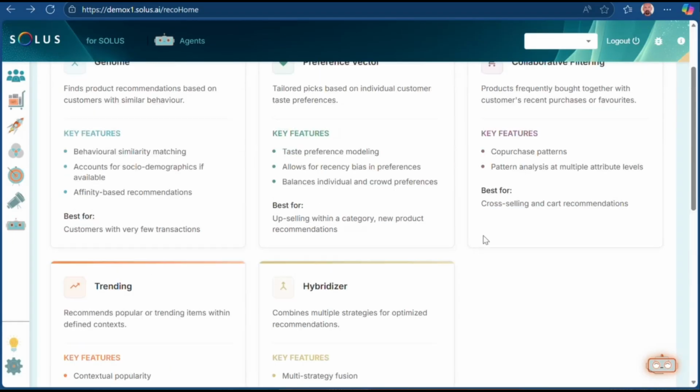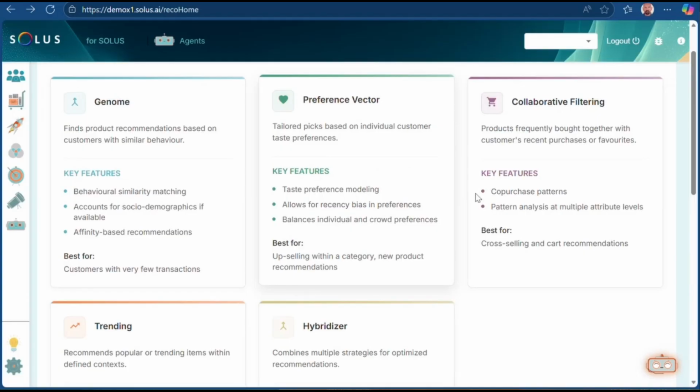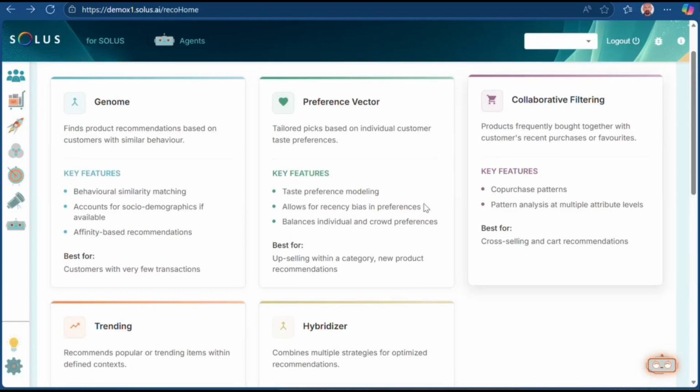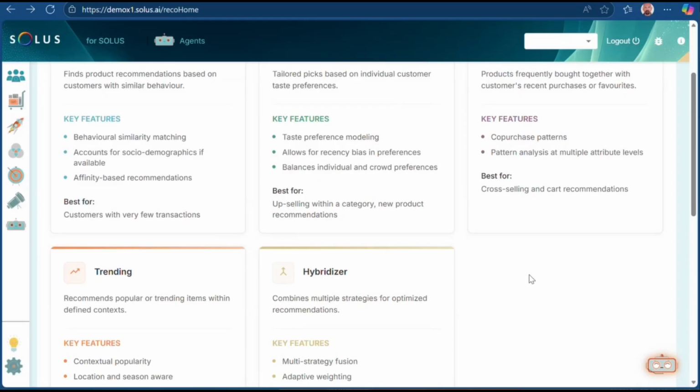Now, each of these is a slightly different strategy. Customers like you did this. You like this, therefore I'm recommending this to you. People who bought A also bought B. This is what everybody is buying. And then I could also have a strategy that says, let me combine these and put them together into a single recommender list. That's what we typically call a hybridizer. Now, it's very tempting to think of the hybridizer as the one ring to rule them all, but it's not really always the case. And we'll talk about that in a bit.